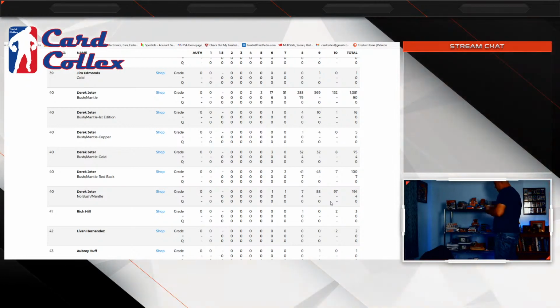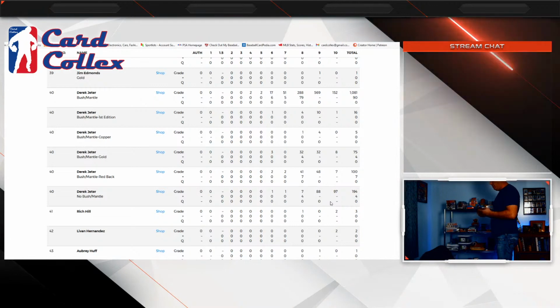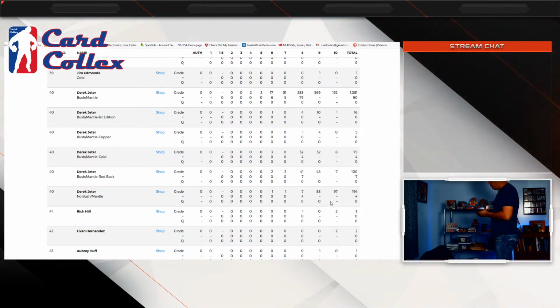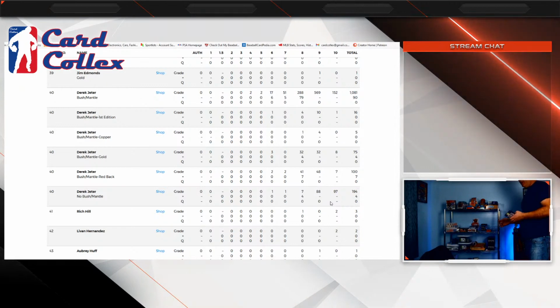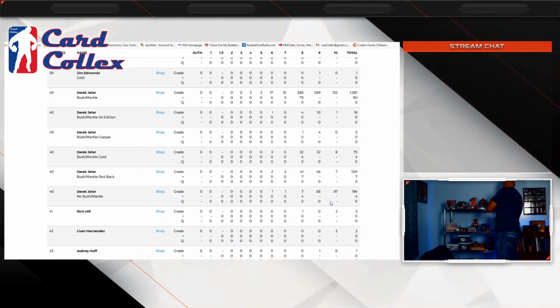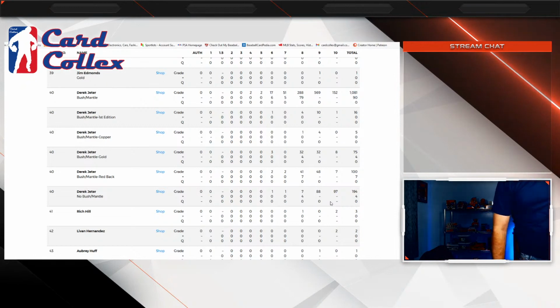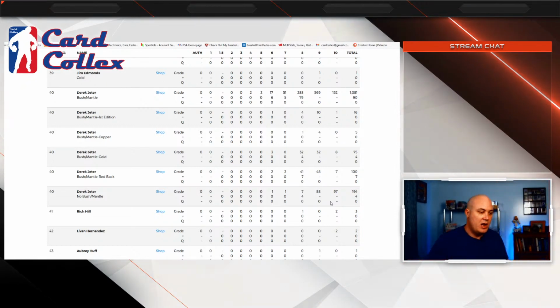I thought the last time I looked at those Bushmantle PSA 10s, they were going for like $150, which I think they were. I don't even know. I had these set aside, I've got like 5 or 6 sets of cards that I have set aside to go to grading.